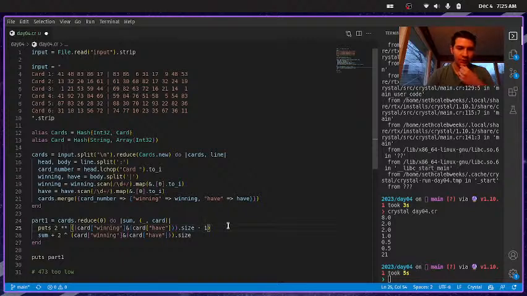But we need to score 0 for, yeah, okay. I can math here. Let's see. That's almost correct. If size is 0, then we want to